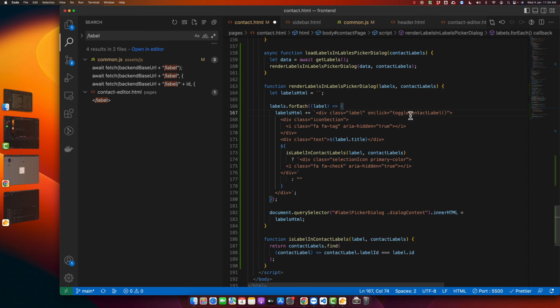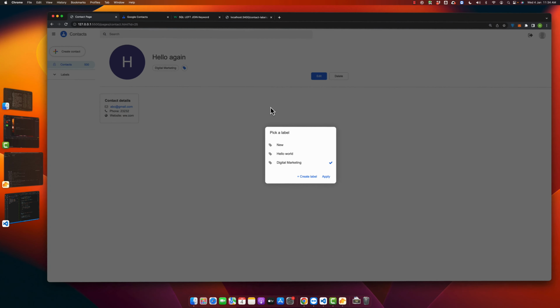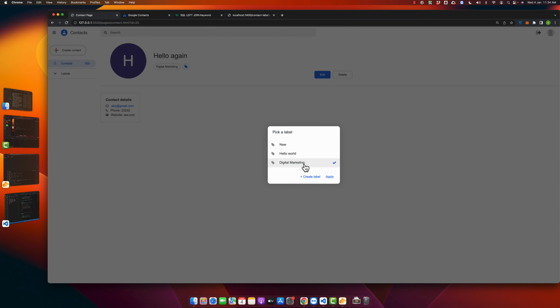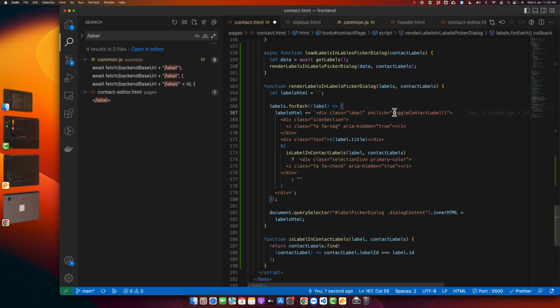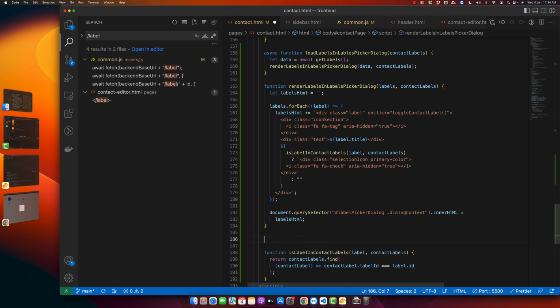So I used the word toggle because you know that if you click on the same label that was already part of the contact, then it would uncheck it or unselect it. And if it was not part of the contact already, if this was not selected, then if you click on this one, then it would select that and add it in the relationship table. So that's why this function would do two behaviors. So that's why I use the toggle word. So create this function toggleContactLabel,